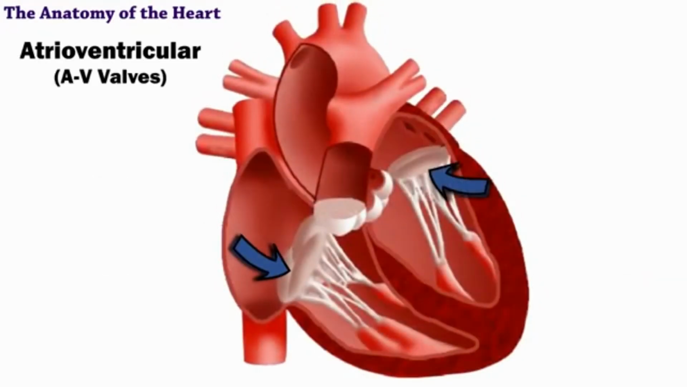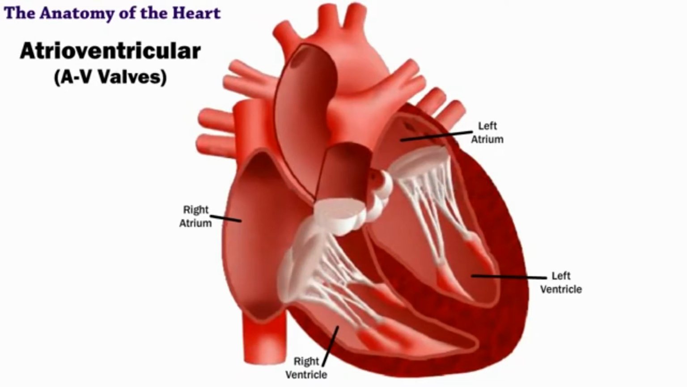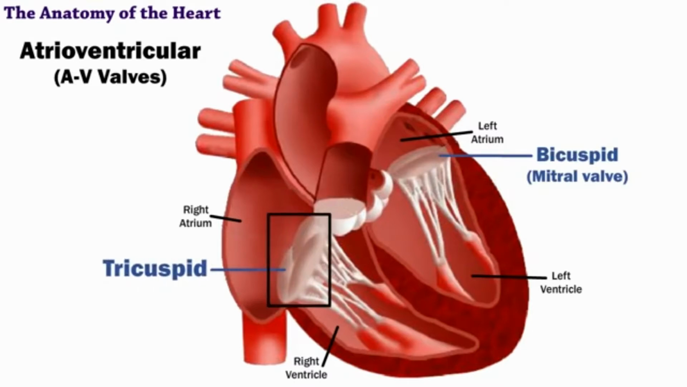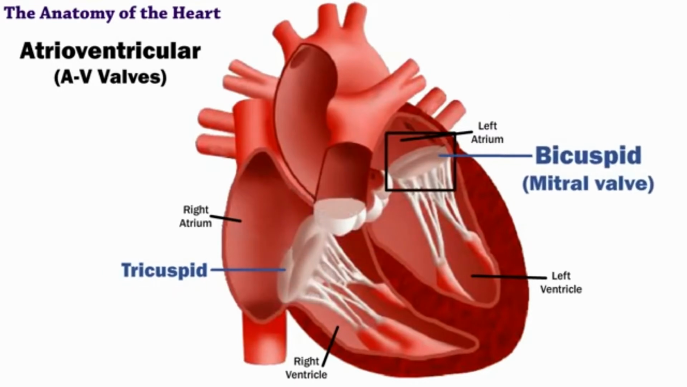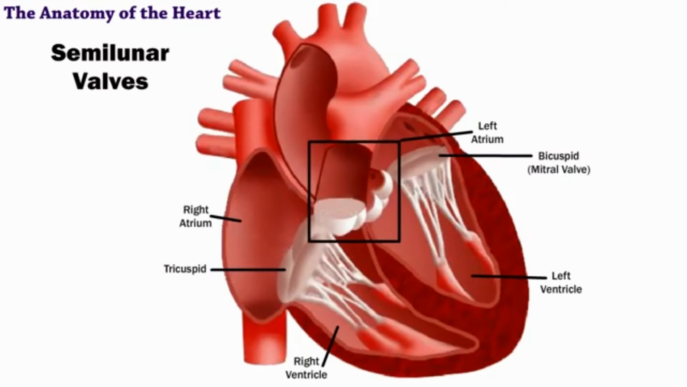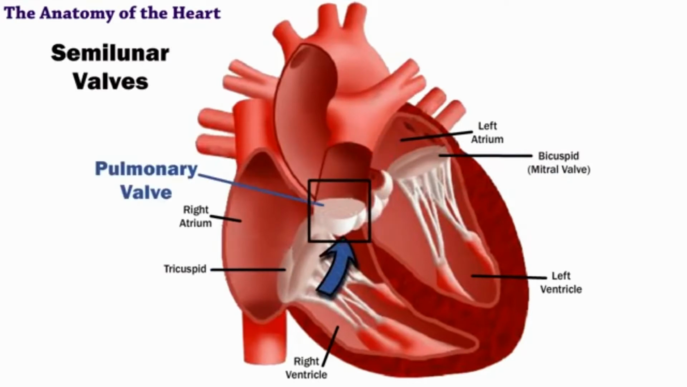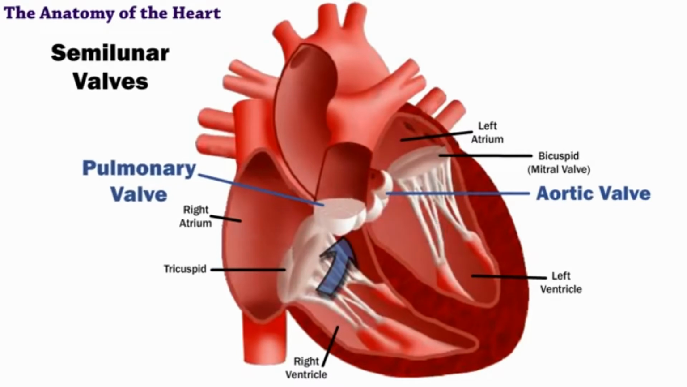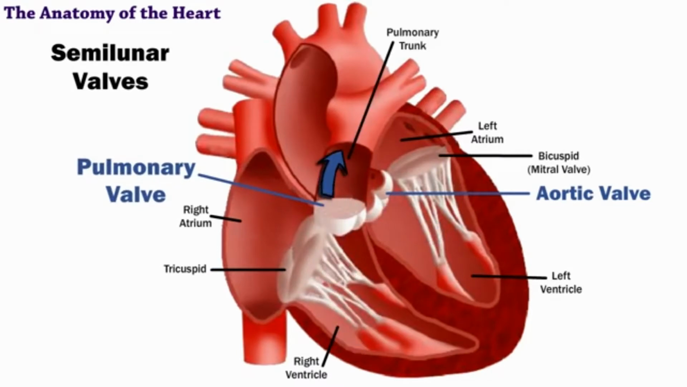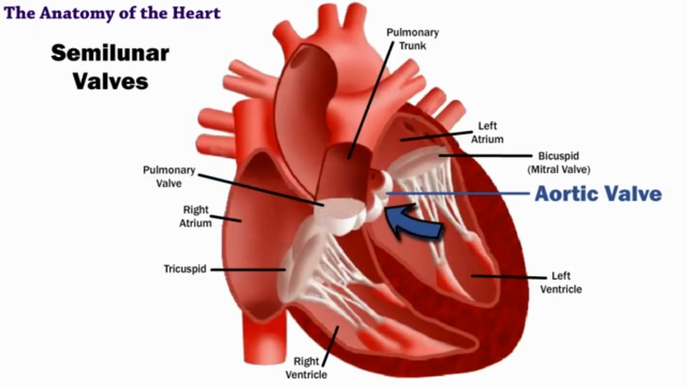The atrioventricular, or AV valves, are between the atria and the ventricles on each side of the heart. They are the tricuspid and the bicuspid, or mitral, valve. The tricuspid is on the right side, and the bicuspid, or mitral, is on the left side. There are also 2 semilunar valves, the pulmonary and the aortic. The pulmonary is between the right ventricle and the pulmonary trunk, and the aortic is between the left ventricle and